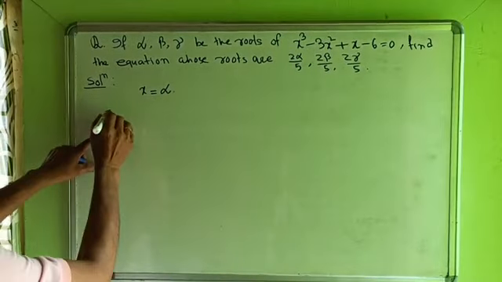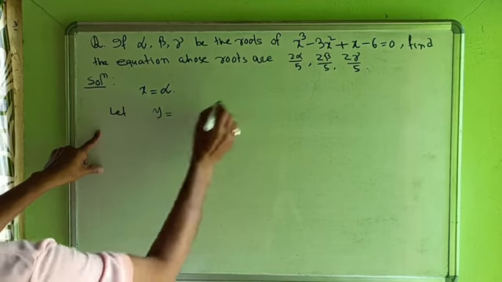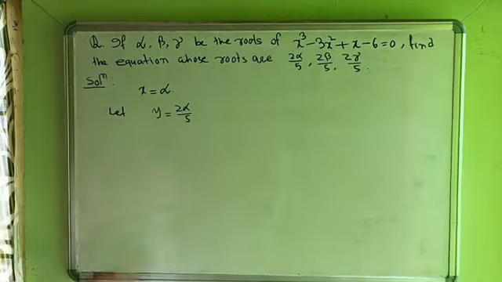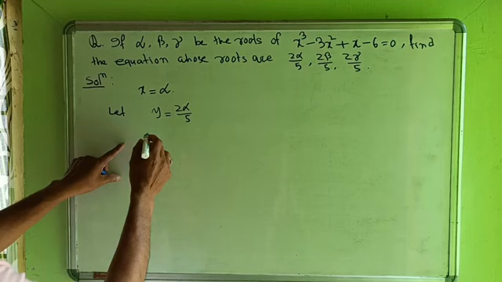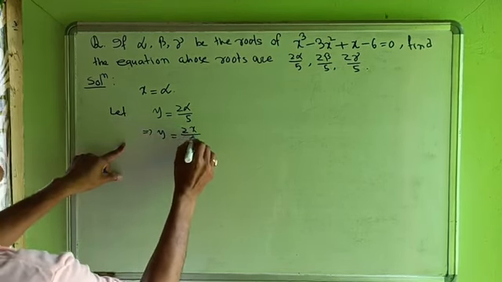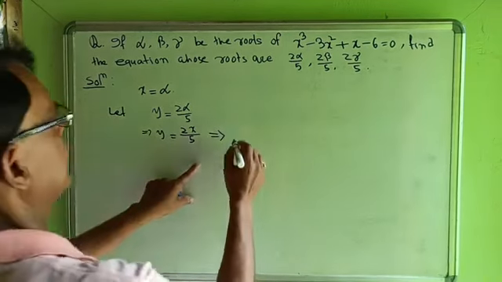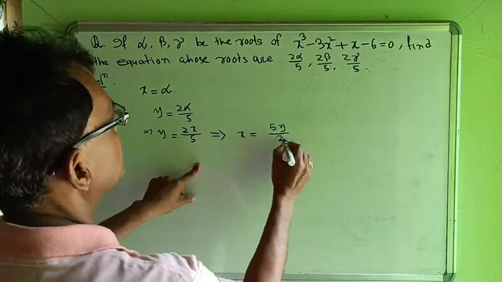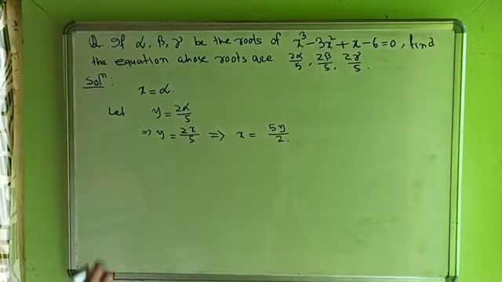Let y is equal to 2 alpha by 5, by transformation of equations. This can be written as y is equal to 2x by 5. This can be written as x is equal to 5y by 2. Now put x is equal to 5y by 2